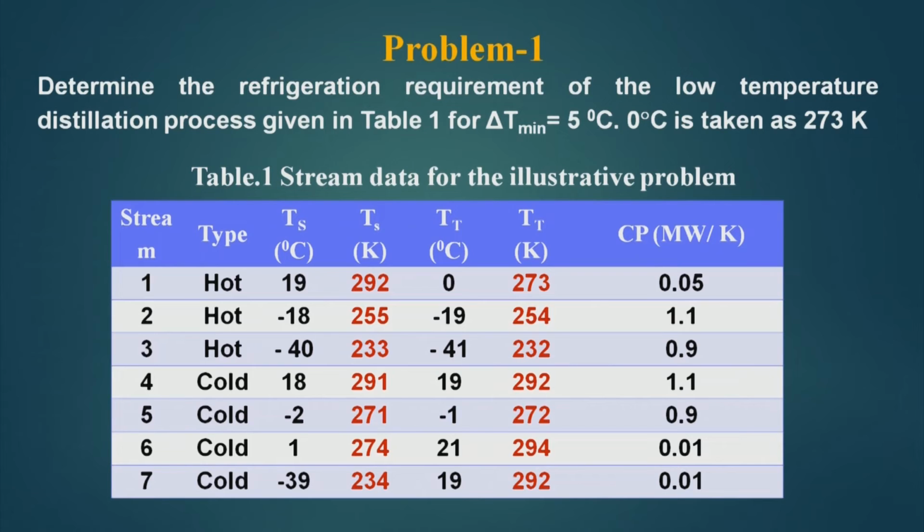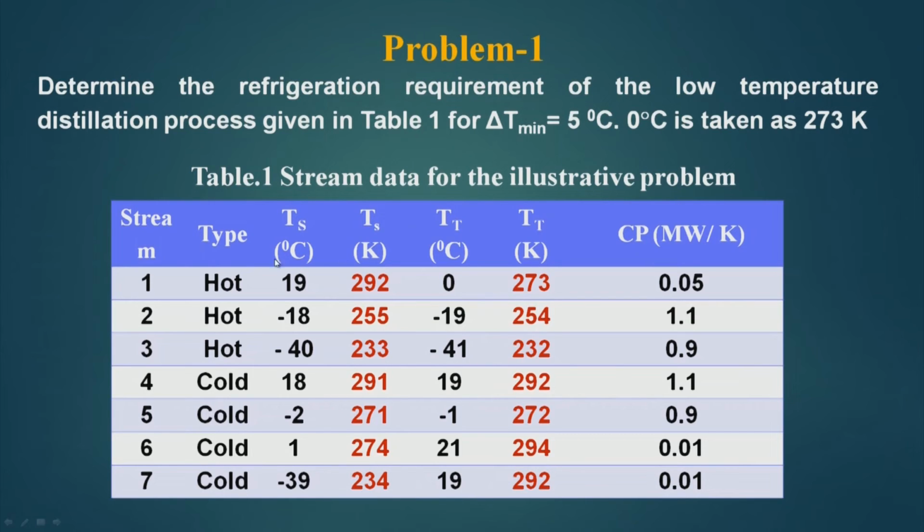In this case, we are taking delta T minimum equal to 5 degree centigrade, because I have already told you that for refrigeration systems the delta T minimum taken is very low, because the cost of refrigeration is very high, and that is why delta T minimum considered here is low. And if we do the optimization of delta T minimum also for a refrigeration system, we will see that the delta T minimum will come out to be low.